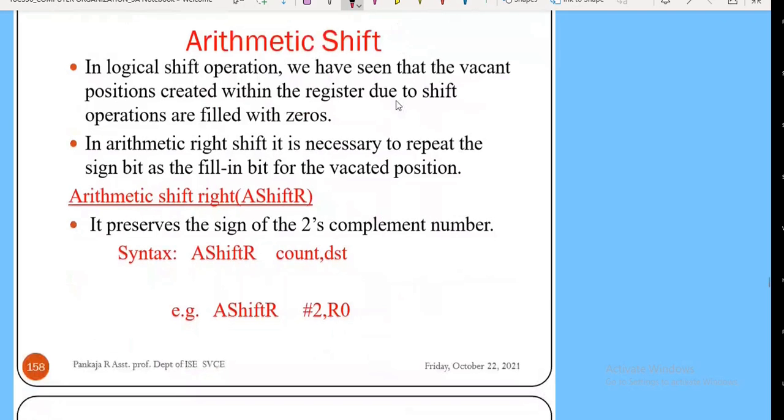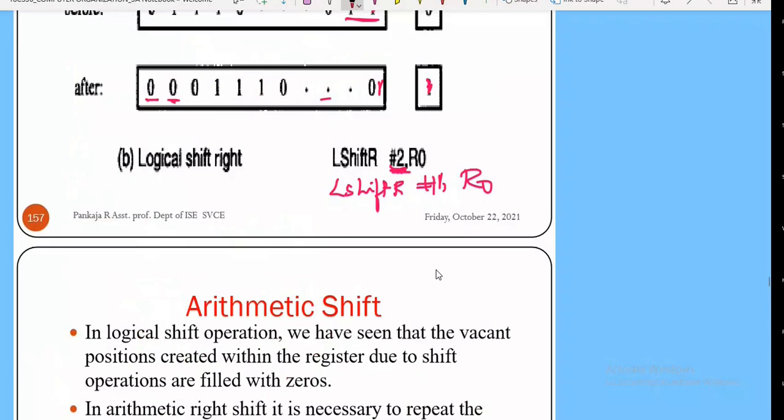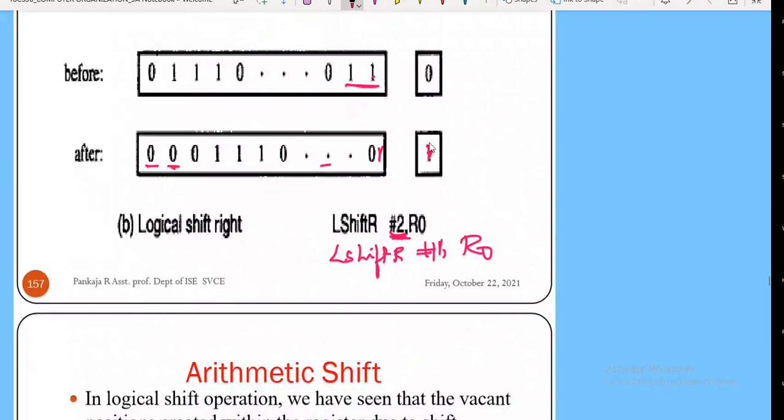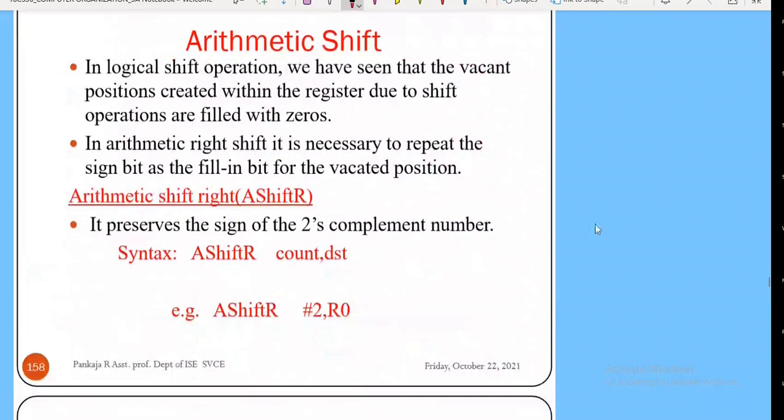So next we have arithmetic shift. Okay, what is the difference between logical shift and arithmetic shift? Here we are going to take one example of arithmetic right shift. Whenever we are using right shift, I have taken an example here. Whenever you want to retain the sign of the number, for example consider 1101. In this you already know that the MSB is going to indicate the sign of the number. Yes, no?